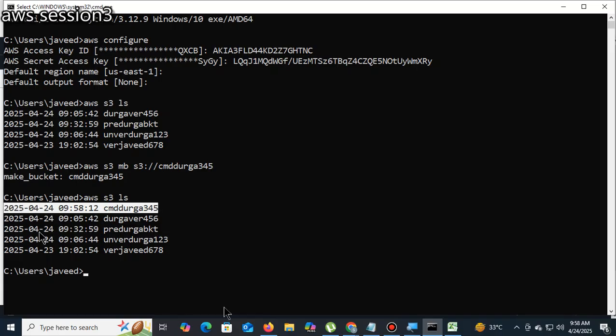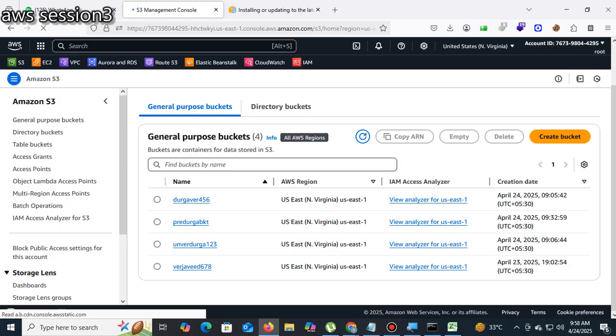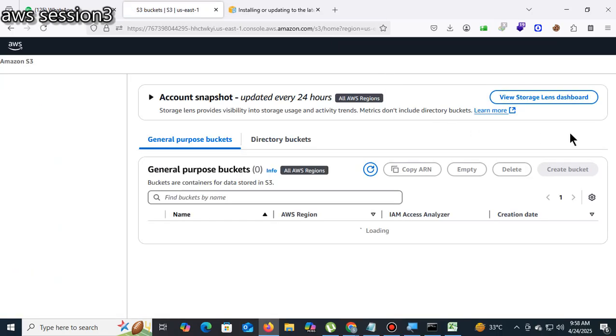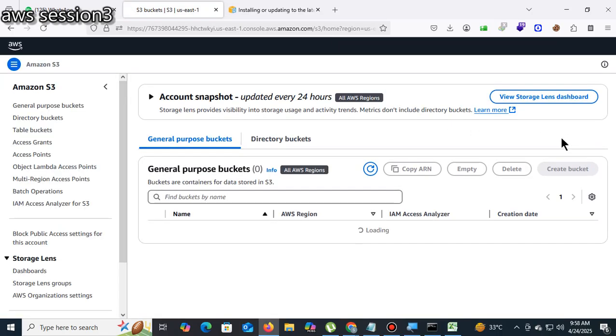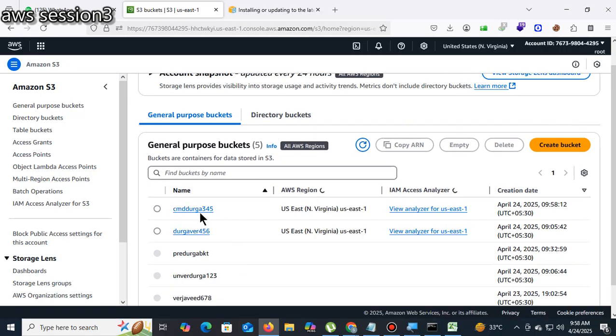Yes, it is created. I can also go to the console, and here the bucket is created.